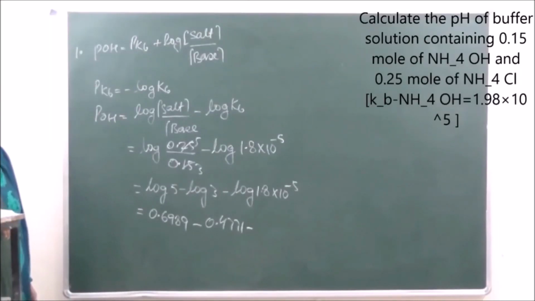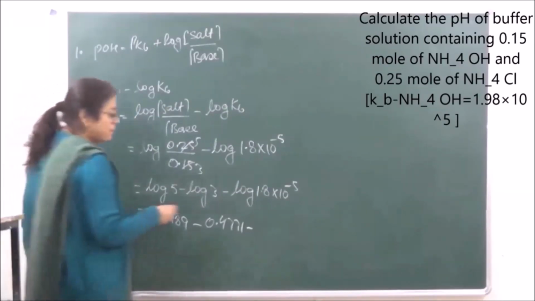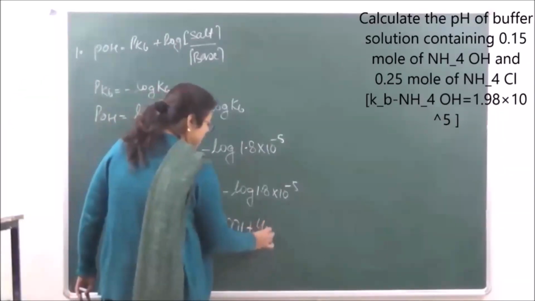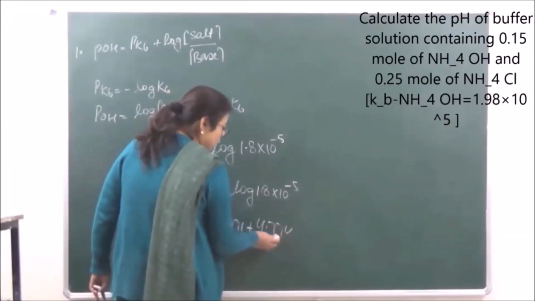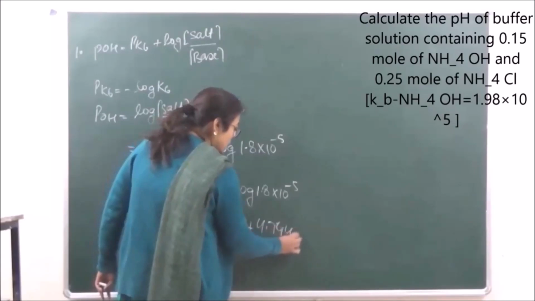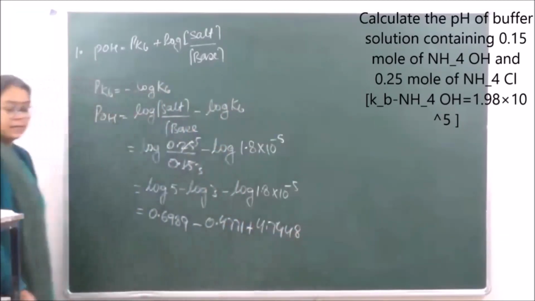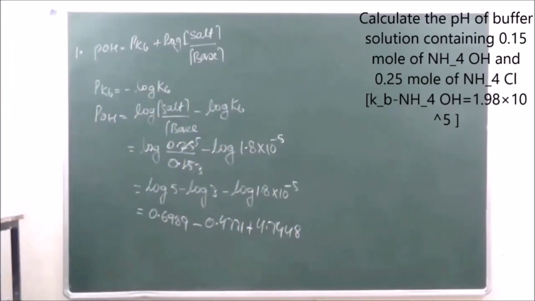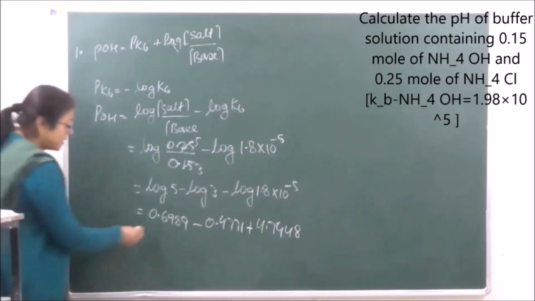So 5 minus log of 1.8 is the remaining term. Okay? So the value over here comes to 4.7448. Now when we calculate this entire term, the pOH comes to